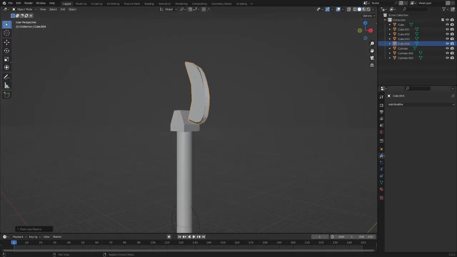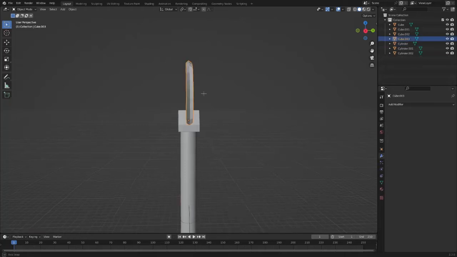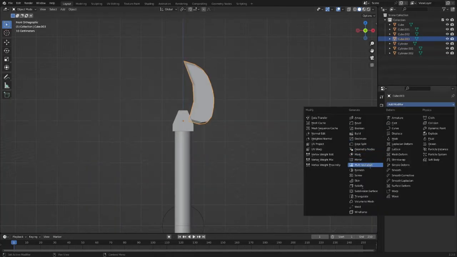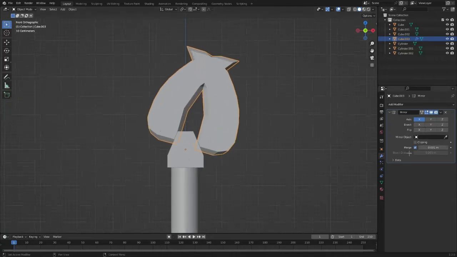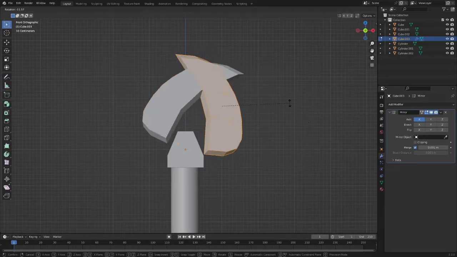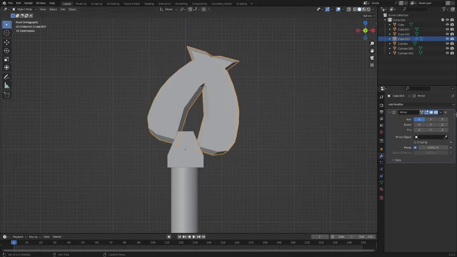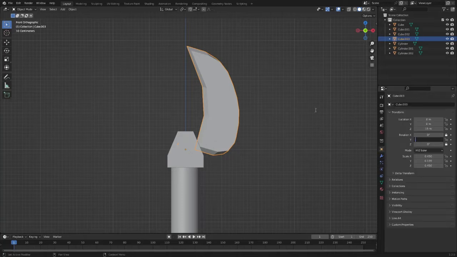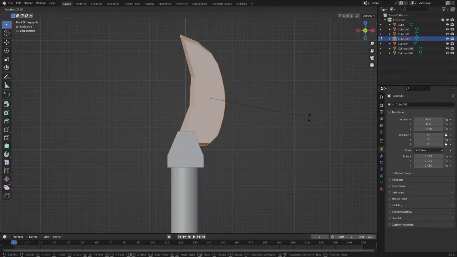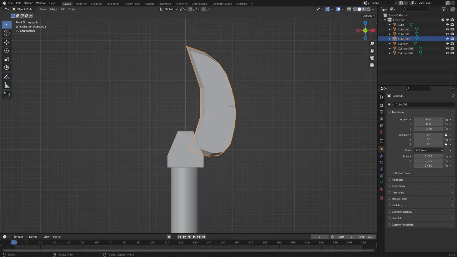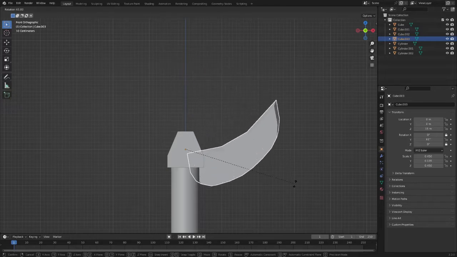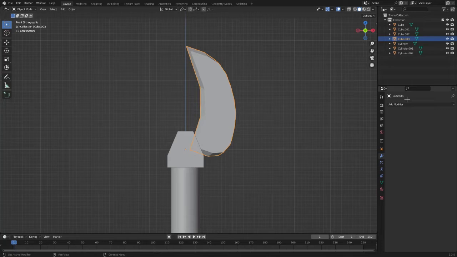I don't know what happened. Oh, it's rotated, so I need to go into edit mode. Rotate it right to like here, kinda. Then that's gonna rotate around there again. Then I'm gonna mirror it